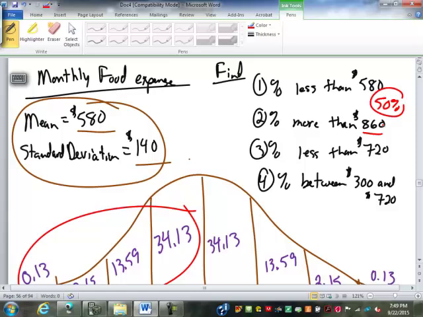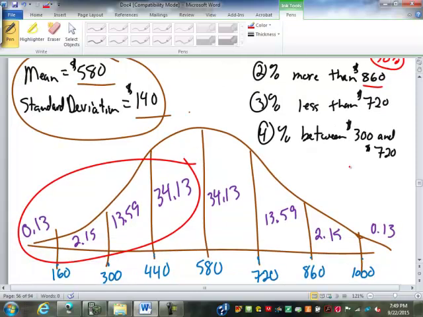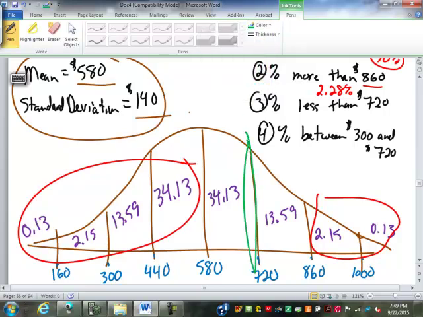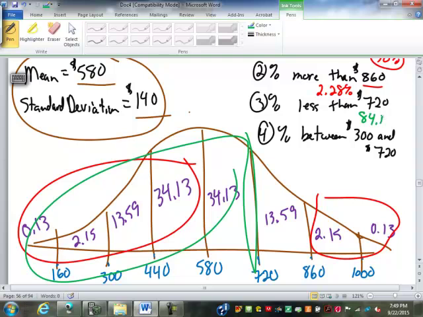More than 860. Where's 860? We add those together. That's going to be 2.28%. Less than 720. Here's 720. We add these up. We're going to get 84.13%. Between 300 and 720,